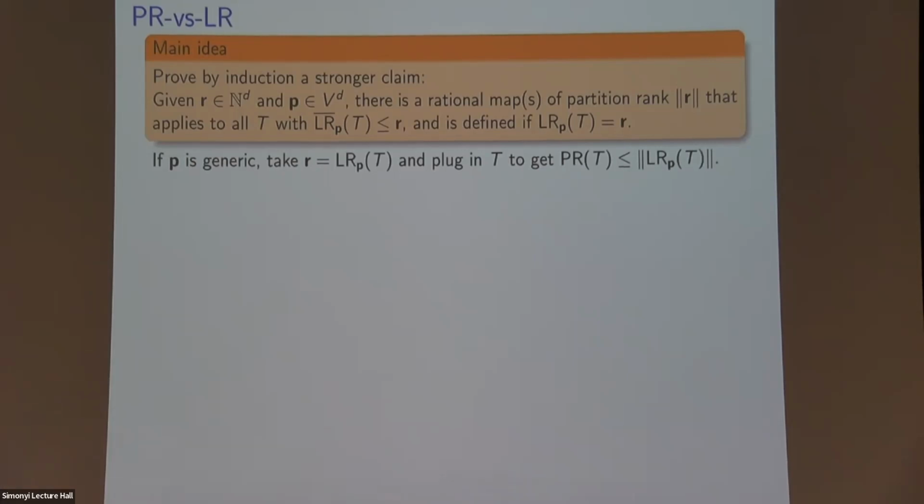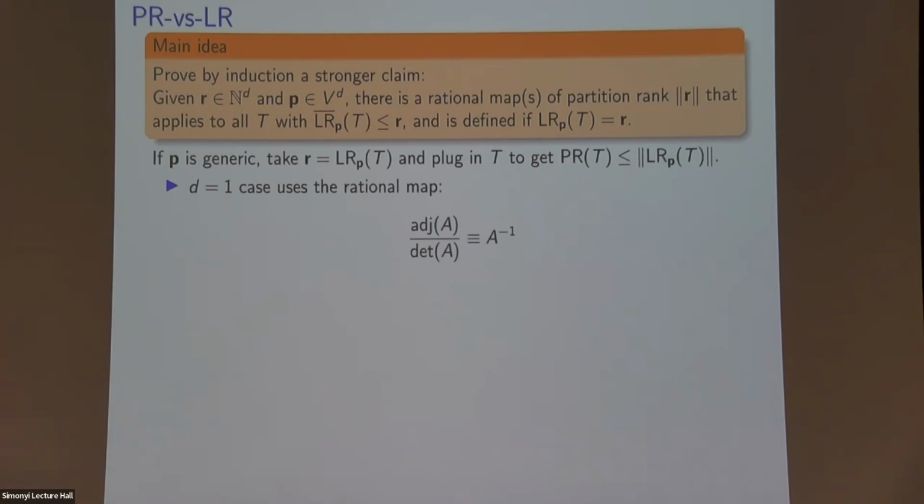So let me talk about the base of this induction, and this should give you a sense of what I'm talking about here. For D equals 1, we're talking about one linear map. How would such a rational map look like? First, let me remind you of this simple formula from linear algebra, that if you have an invertible matrix, you can always